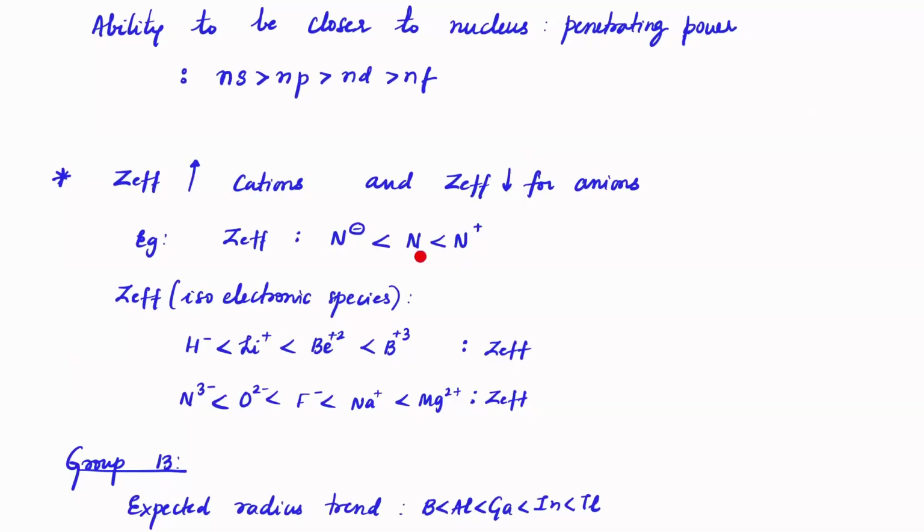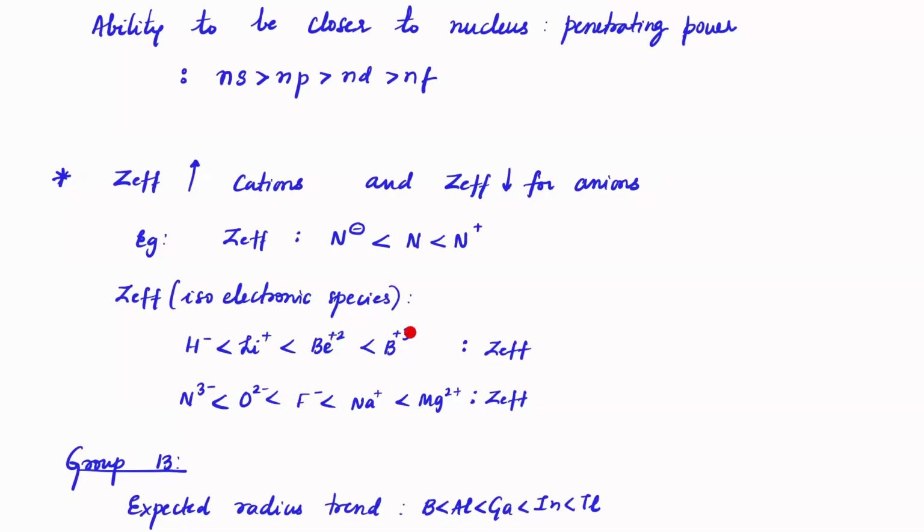N plus will have more Z effective compared to N minus. If you have any isoelectronic species, it means they have the same number of electrons. Like H minus has 2 electrons, lithium has 2 electrons, beryllium has 2 electrons, boron plus 3 has 2 electrons. In such a case,